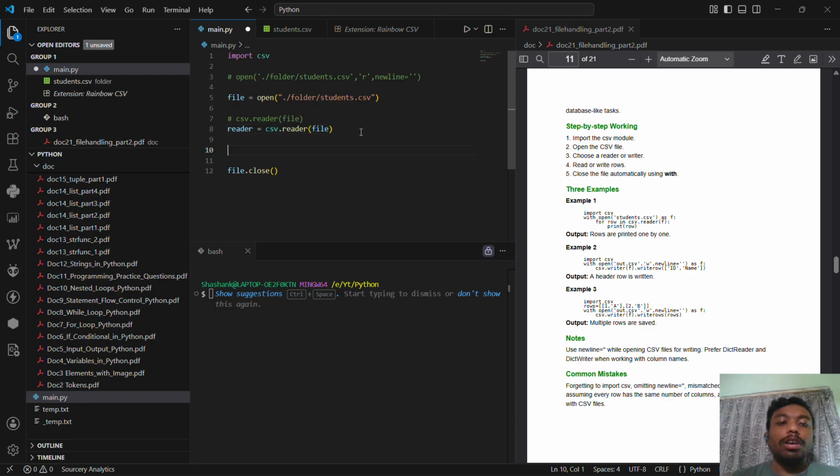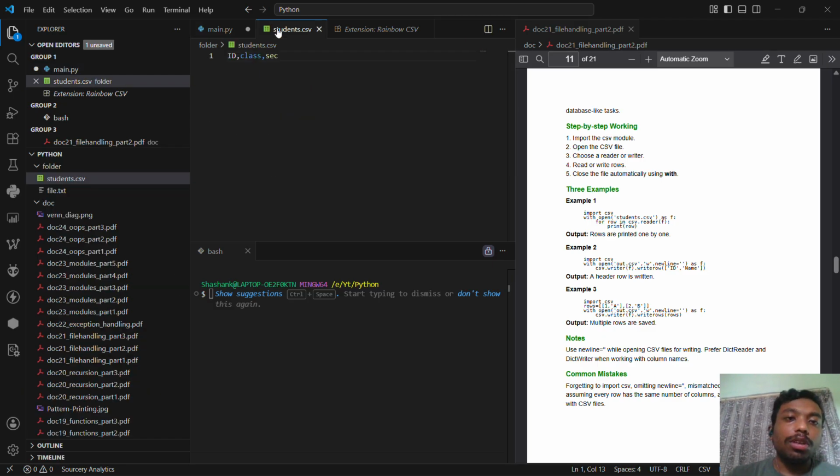What will happen is all the data of your CSV file will go into this csv.reader. This csv.reader will capture all of your data, which basically means, in our students.csv file,